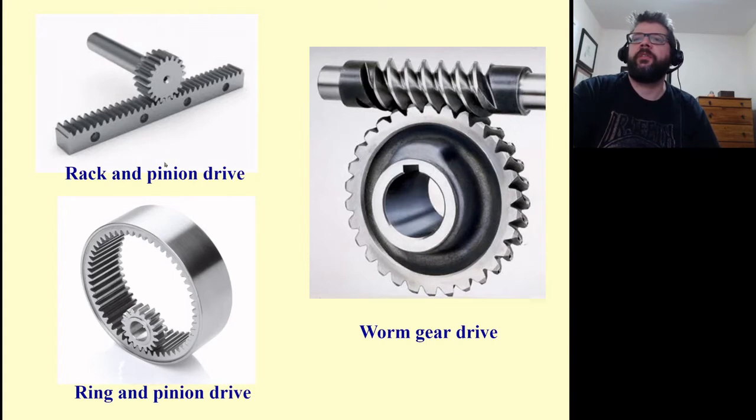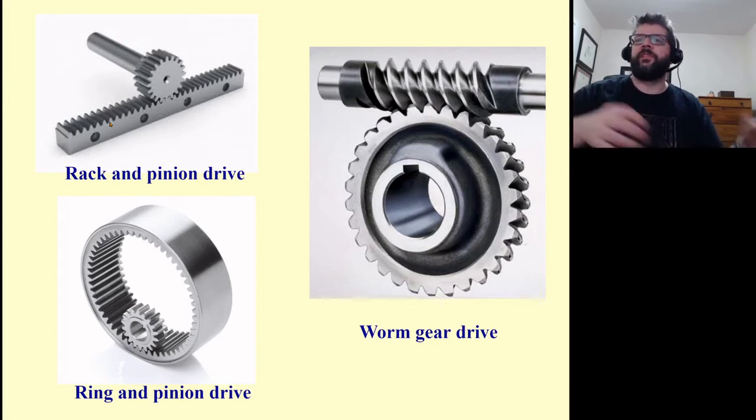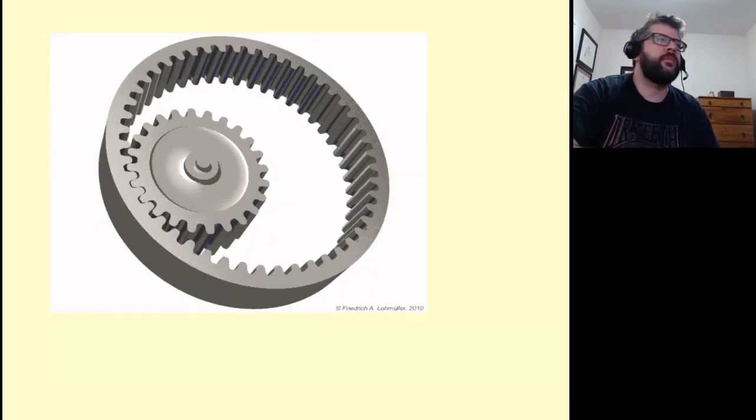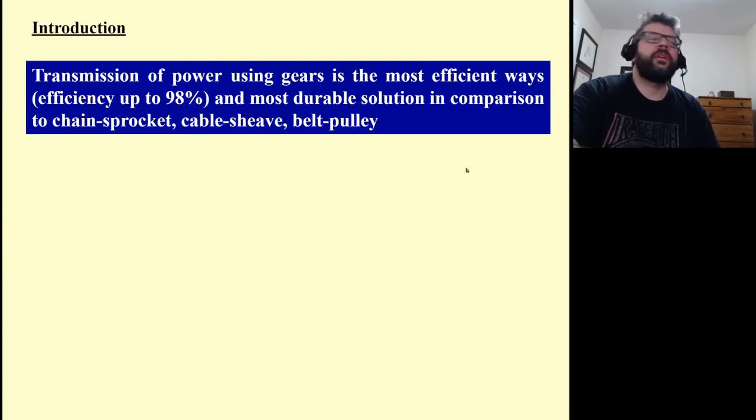So obviously the rack and pinion drives are working off linear motion on the rack portion, but via the use of intermeshing teeth. So they're quite efficient and durable compared to other methods of transferring power like this,